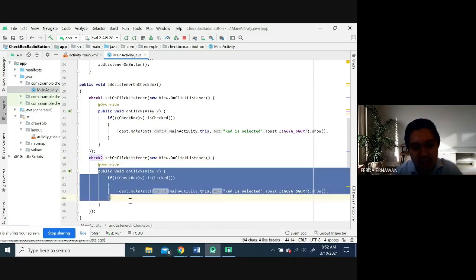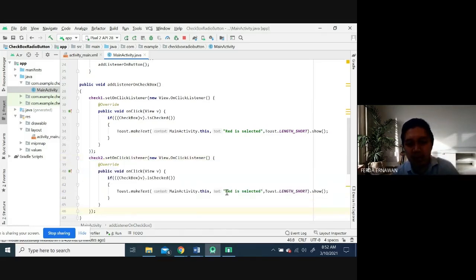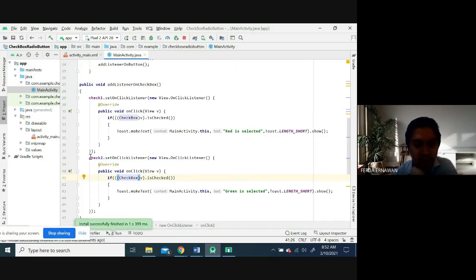Okay, so maybe here I just change green. Green is selected. View. Okay, that's it. Let us see. So I have 2 now. Same, but I still use the checkbox. This is because this is standard, and this is the inside of the check 1. You already appoint a check 1 here.